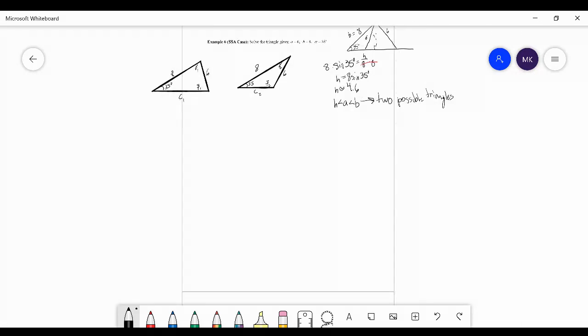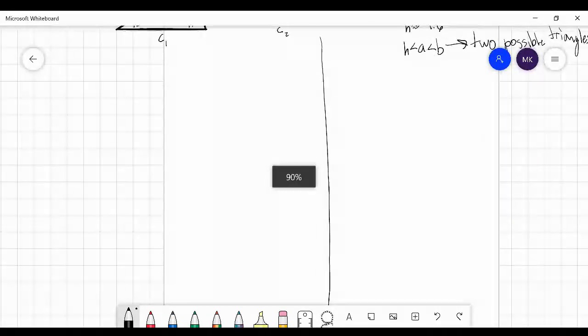There we go. Let's split this page in half. Our left side will do triangle 1, right side will do triangle 2. So